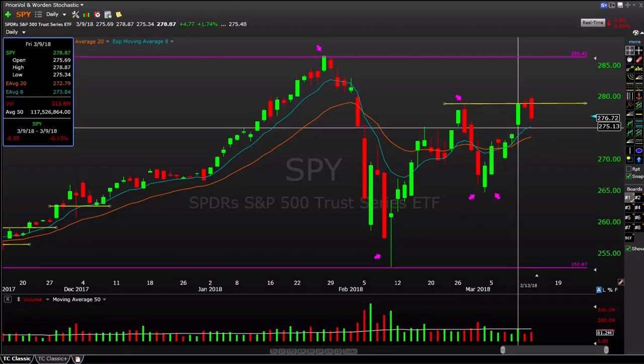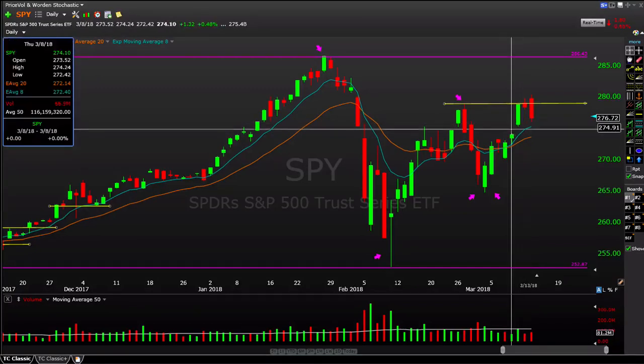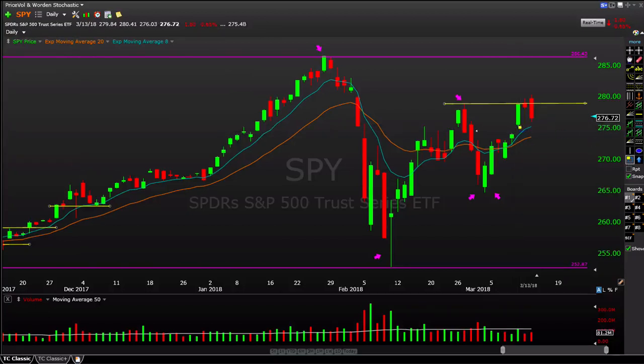Remember, we also have this gap here from last Friday, which never got filled. It was a gap and go session, so we have an open gap right here. And if you recall from the last couple of videos, this 272 to 274 level is still the important major point of control. You have the 50-day SMA floating around this area, which I don't have on my chart. You have these 8 and 20 period moving averages. You have a lot of prior supply in here,